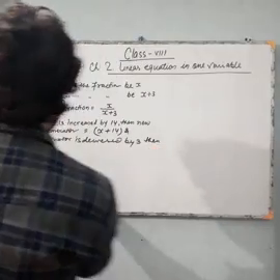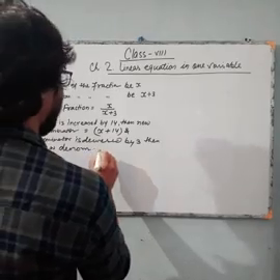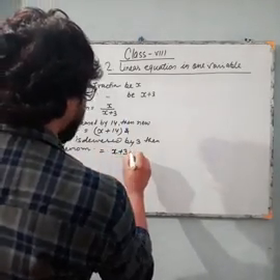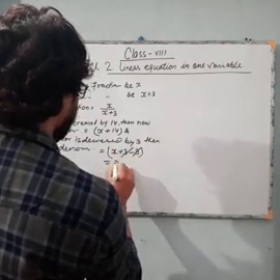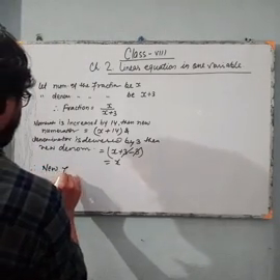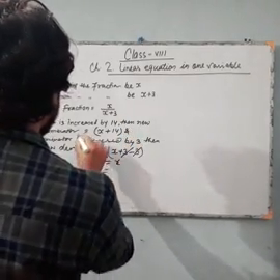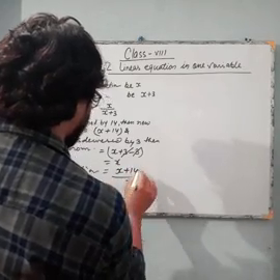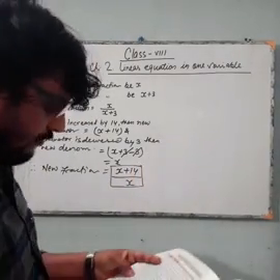Then the new denominator we can write: our first denominator is x plus 3, and when it is decreased by 3 we can write x plus 3 minus 3. The 3 cancels, that is x. Hence, the new fraction, numerator by denominator, where the numerator is x plus 14 and the denominator is x. Our new fraction becomes x plus 14 by x.